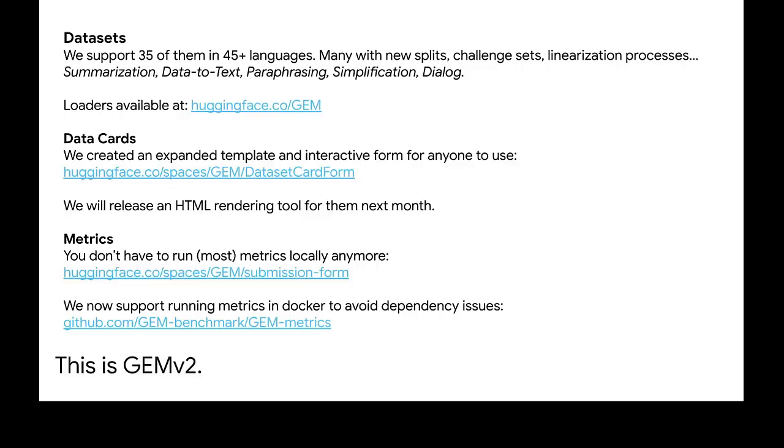And finally, we've tried to standardize the environment in which you run metrics. That is, we have developed an automatic submission interface where you just upload predictions from your model and you get back all of the scores. As part of that, you're also volunteering your model outputs to a corpus of model outputs that evaluation researchers can use. Again, trying to benefit from each other and getting this positive feedback loop started. You can also run it locally, and it even supports Docker now for each individual metric to avoid dependency issues between them, which has been a huge issue for neural metrics because everyone uses their own framework and they're not necessarily compatible with each other.